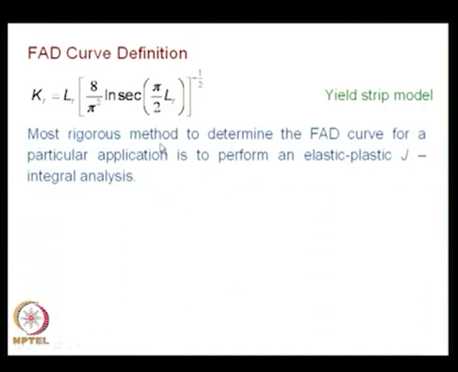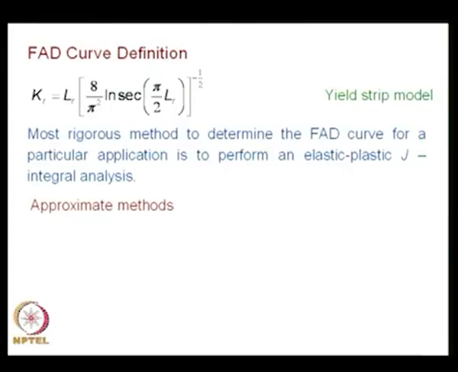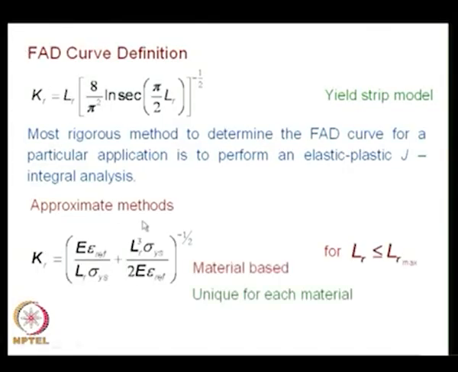The most rigorous method to determine the FAD curve for a particular application is to perform an elastic plastic J integral analysis. That would be very expensive. So, because it is going to be very expensive, people wanted to have certain generic approaches. Though they started with the yield strip model, people also have reported approximate methods,